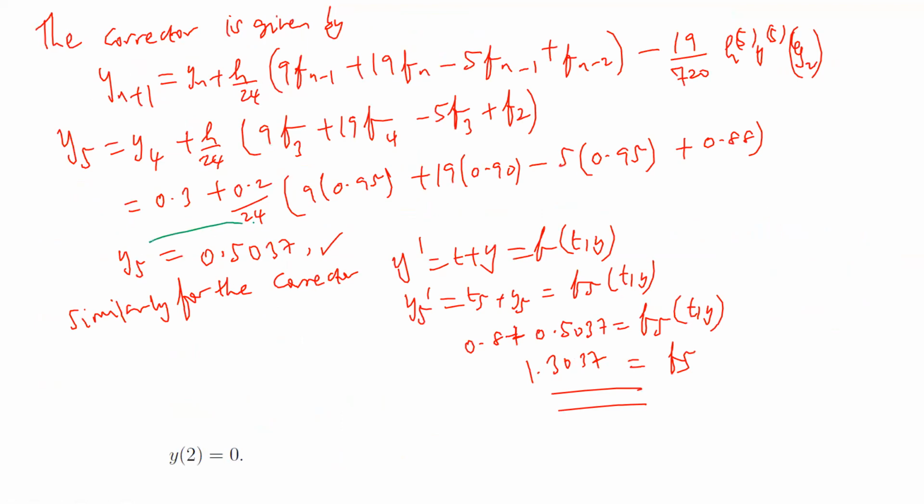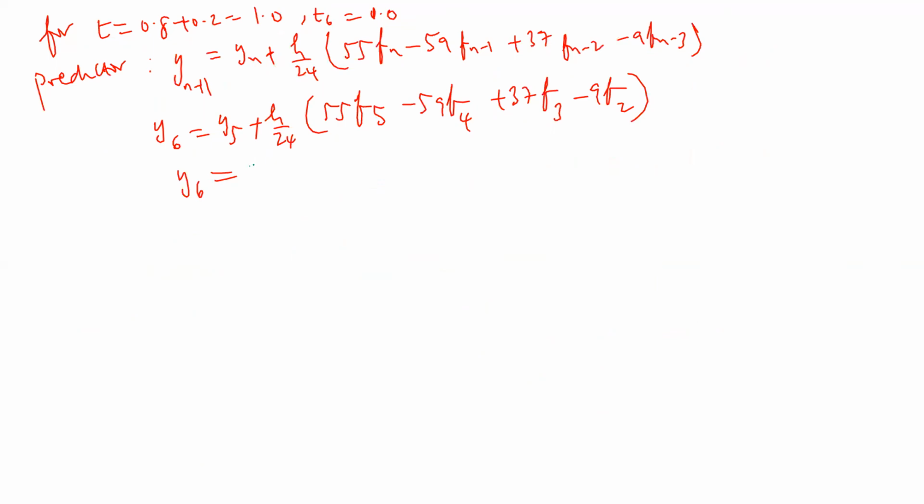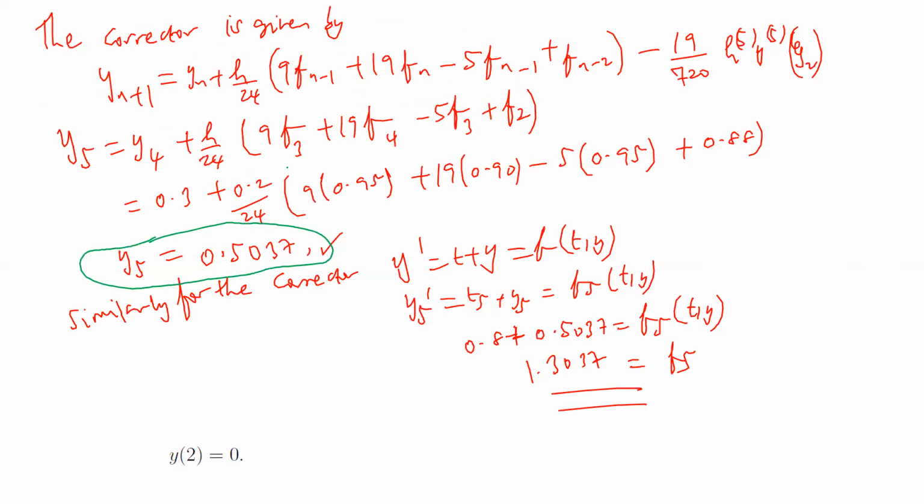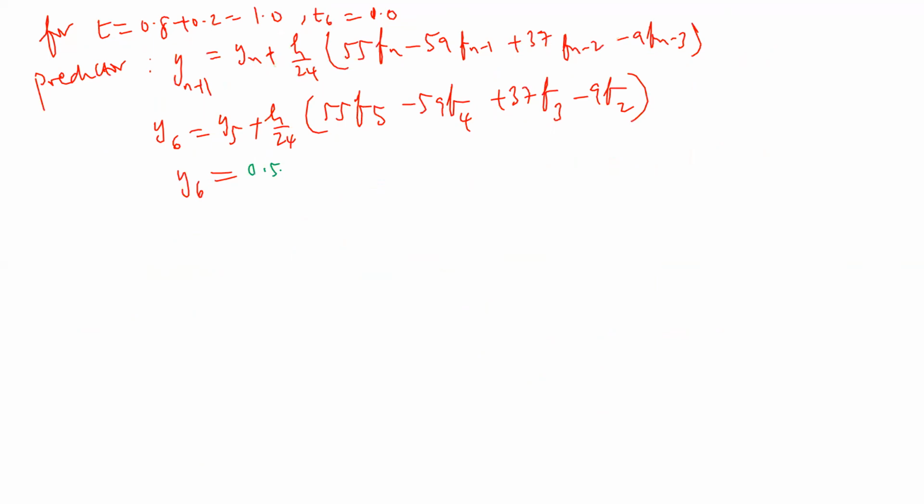Okay, the Y5 is this one. We take it and we plug it into this, which is 0.5037. We take it from the corrector of the previous value. So which means 0.5037 plus